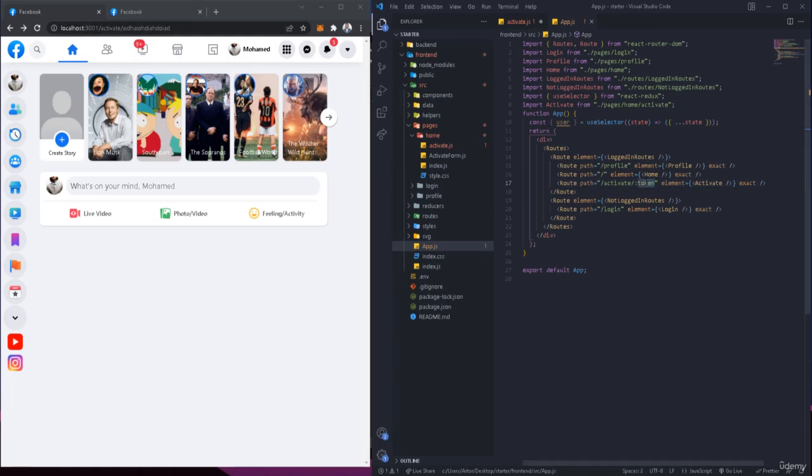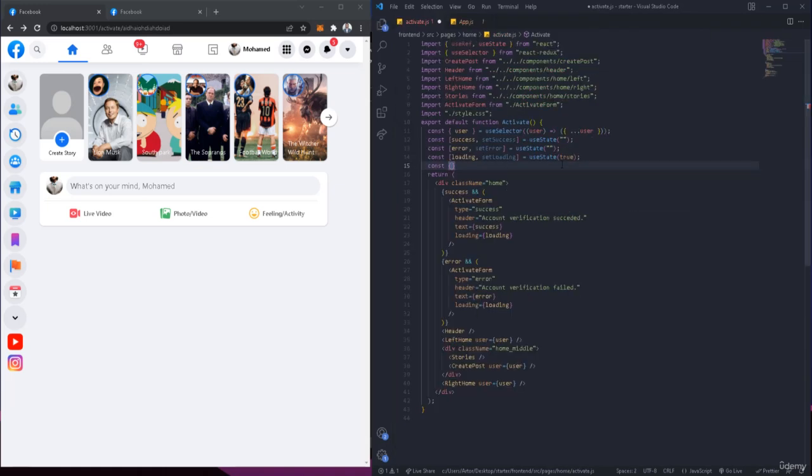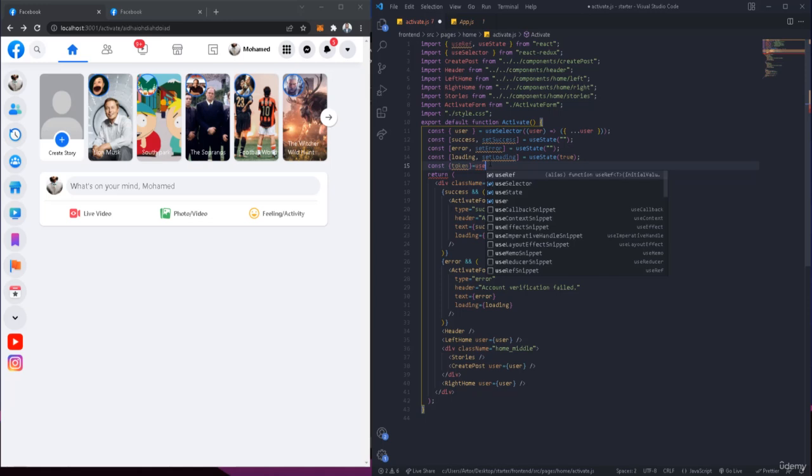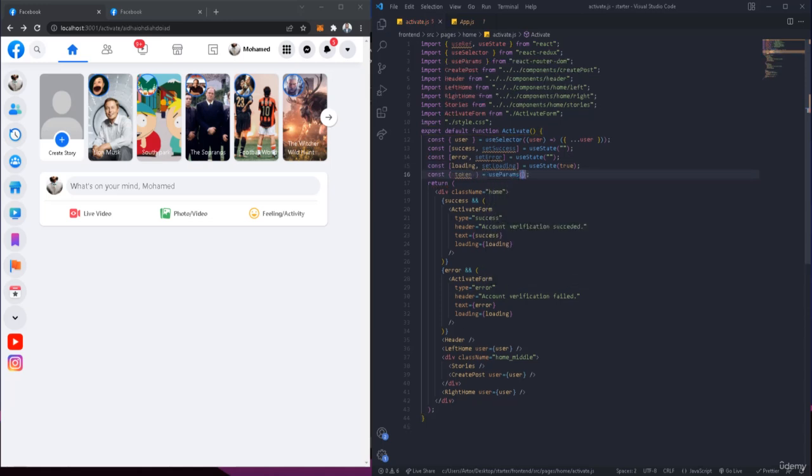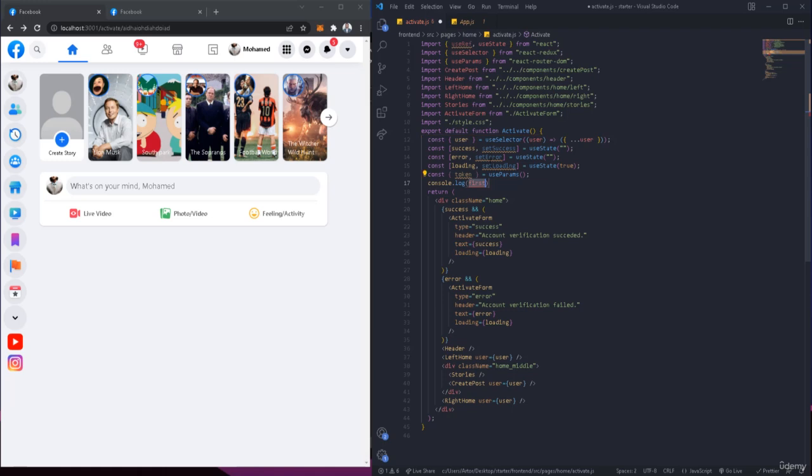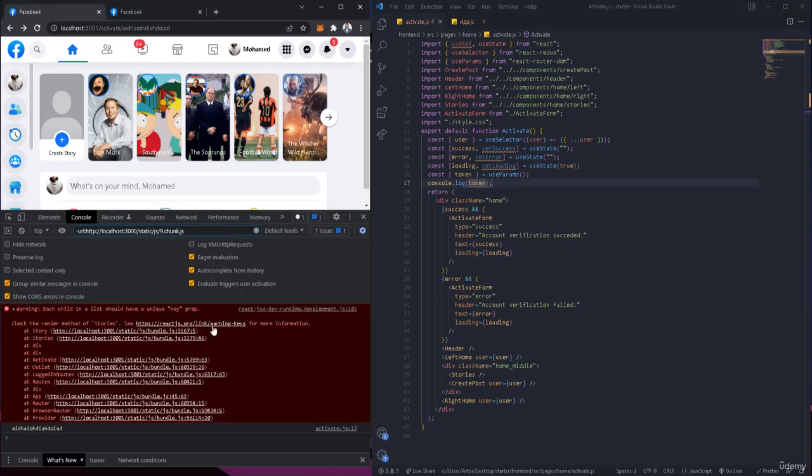So you can take that and we're gonna get it from the URL, because that's called as a parameter. So you can get it just simply from the useParams, okay, which is from React Router. Okay, so now if you console log the token like this and open the terminal, you're gonna see,